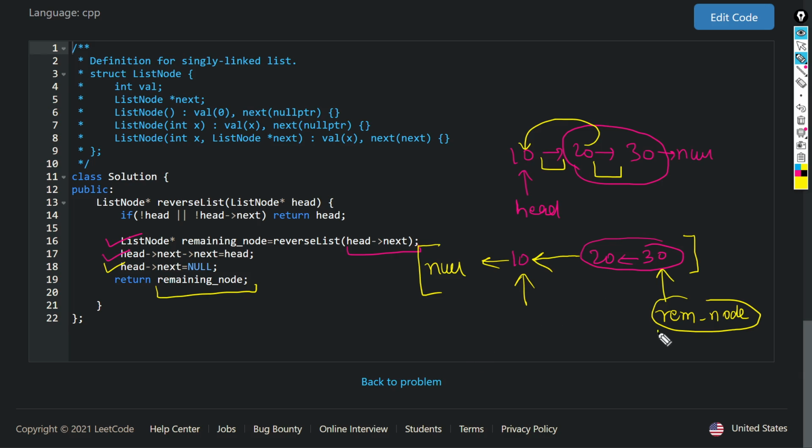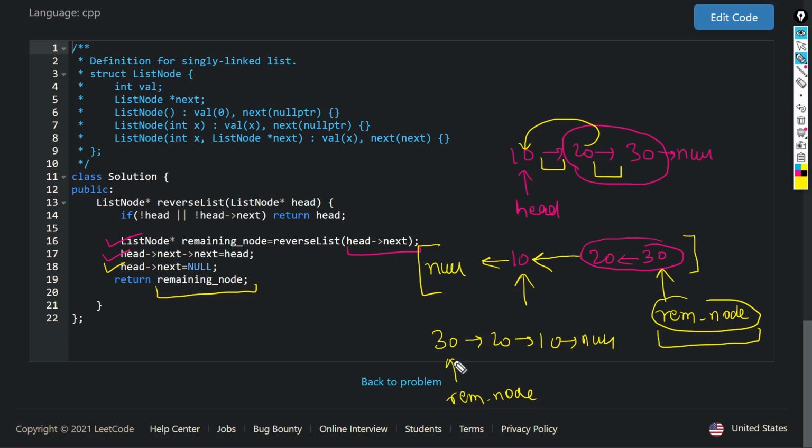But if we return the remaining node pointer, which has the address of 30, then it will return a reversed linked list: 30, 20, 10 and null.